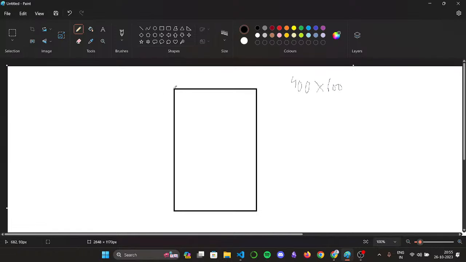So in Pygame, the screen which we are getting, the initial x and y coordinates or the origin of the screen will be on the top left corner. So this will be the 0, 0 point. Then what we'll do is